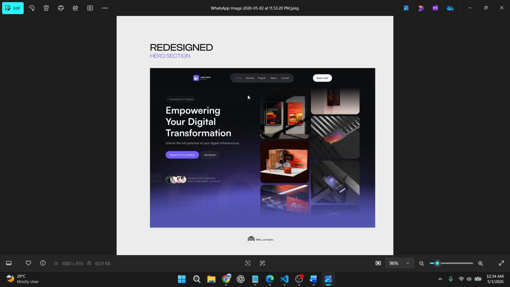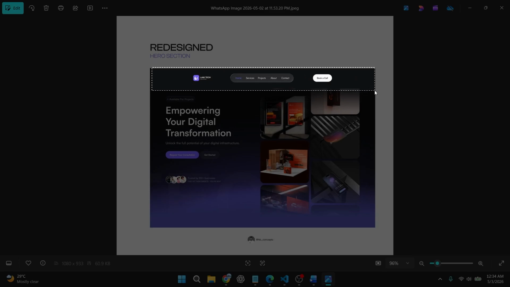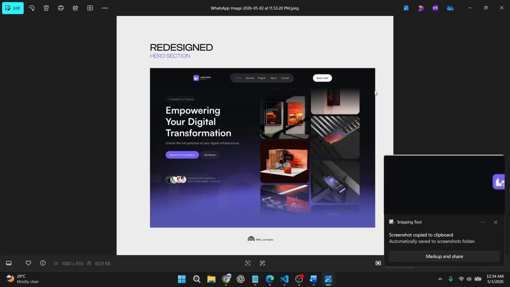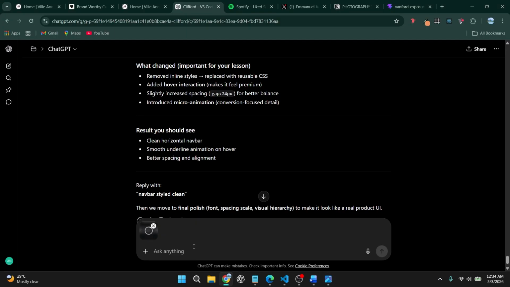Maybe I might consider picking elements in the hero section, but for now, let's focus on the navbar. To implement this, I'm going to take a screenshot of this navbar, and I'm going to give it to ChatGPT. Automatically it's going to copy, so just go to your chat, Ctrl+V, paste the screenshot,